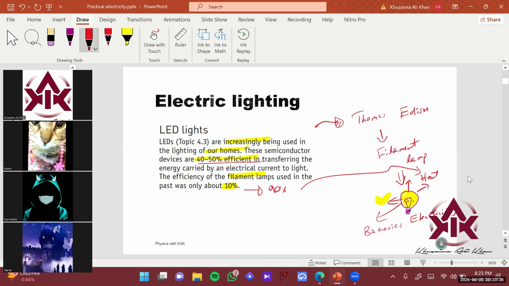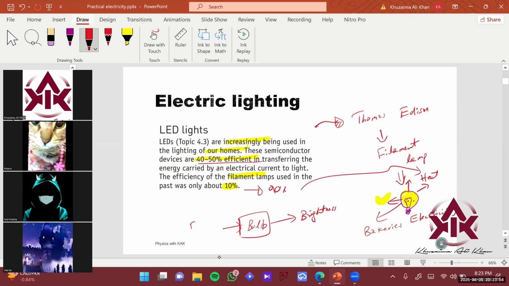Just imagine if you go to a shop to buy a bulb and just ask for a bulb which consumes less power, right? And produces the same amount of brightness. So if it is consuming less, basically you have a black box. So this is the bulb here. It can be a filament lamp. It can be an LED bulb, and so on and so forth. And it is producing brightness, right? The light,